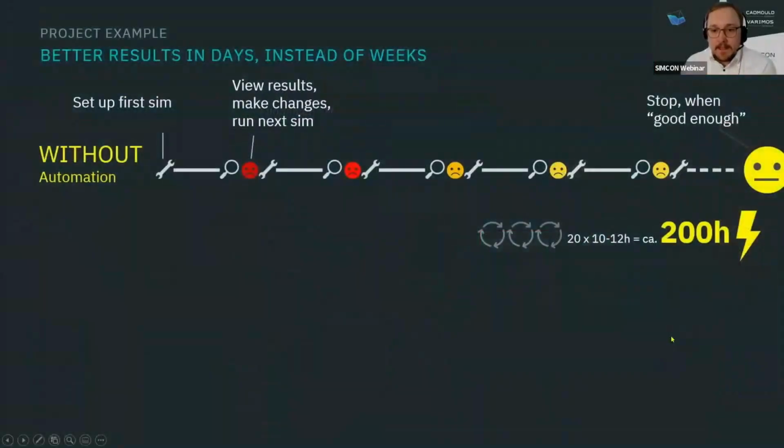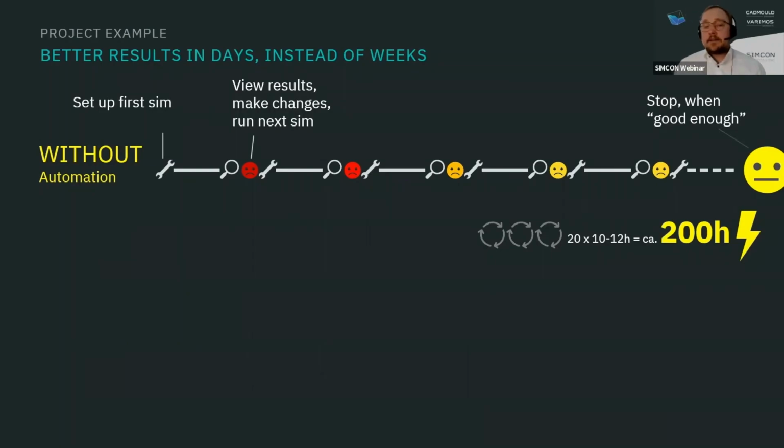And yeah, this is the last slide. This is a customer of ours who was simulating with CADMOULD, I think 8 or 9 months ago. He did not use Varimos. Well, now he does, but back then he didn't. And he had a rather complex mold he was trying to build, and he had to run 20 different simulations, in series, to get up to the point when he thought, okay, this is good enough for me. This took him about 200 hours, which is basically, in Germany, when you're working 40 hours a week, more or less a month of